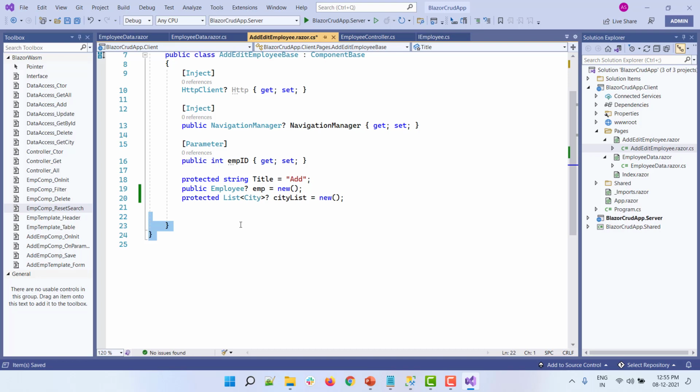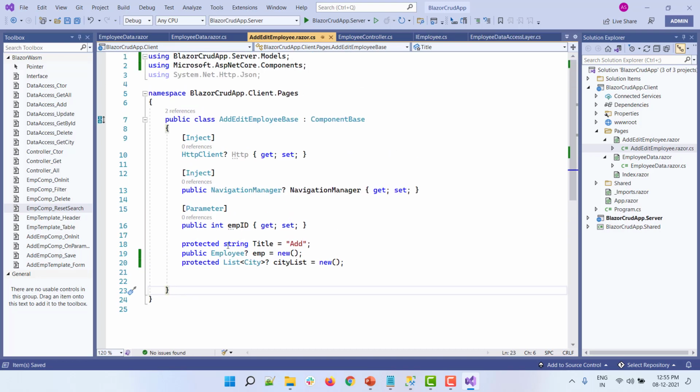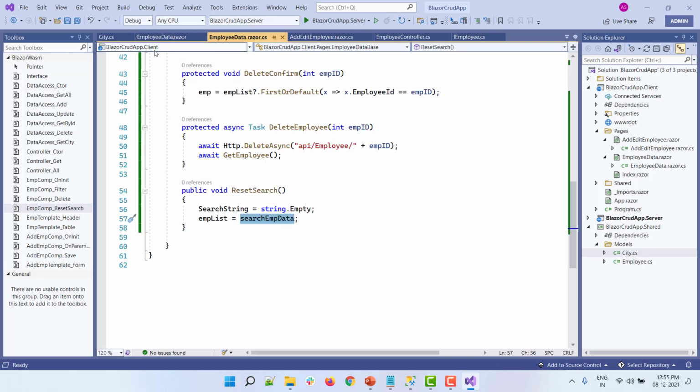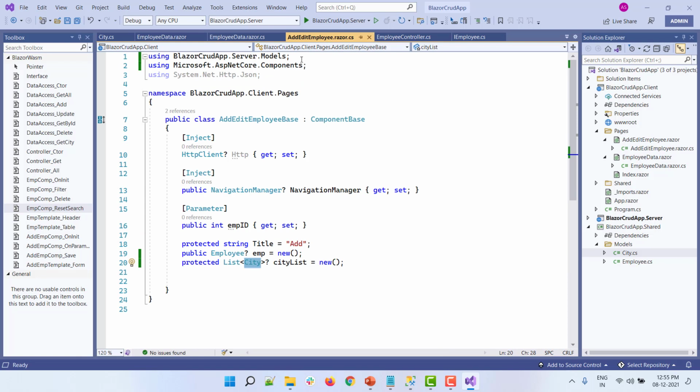So you can see that whenever we are referring to the employee and city models, we are using our shared project. Inside the shared project, you can see the namespace is defined as BlazorCRUDApp.Server.Models, and we are using the same namespace over here to refer. So that is how we can share data between the server and client project, which is defined inside the shared project.